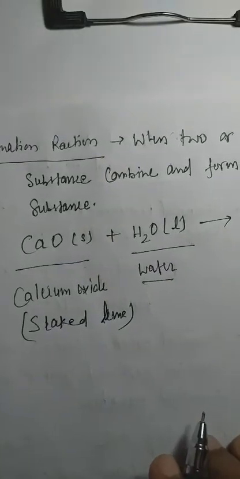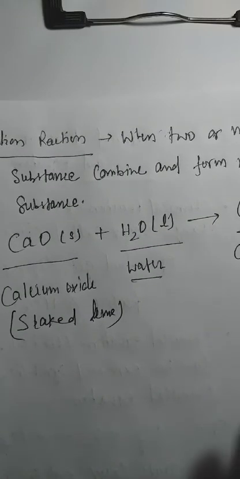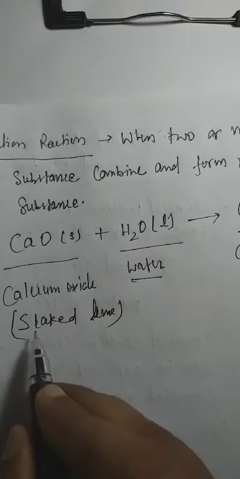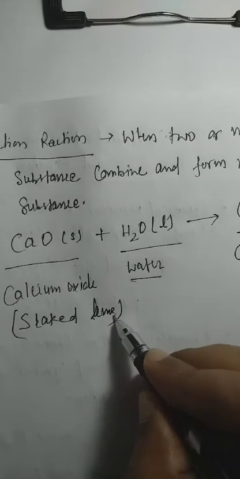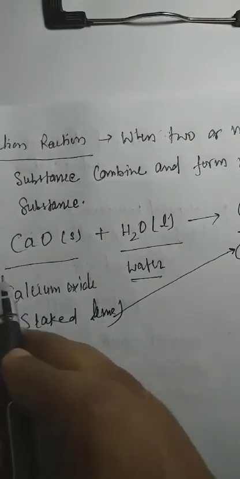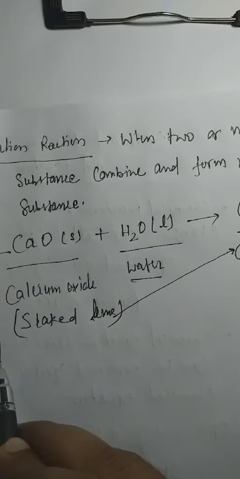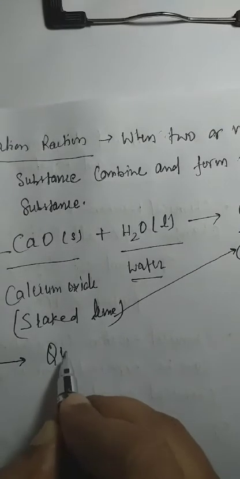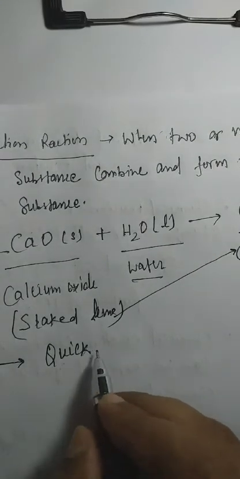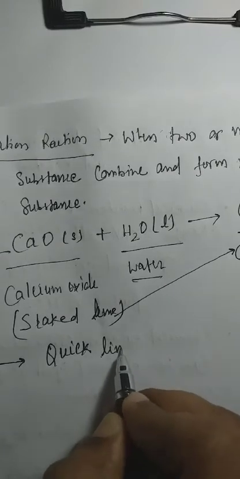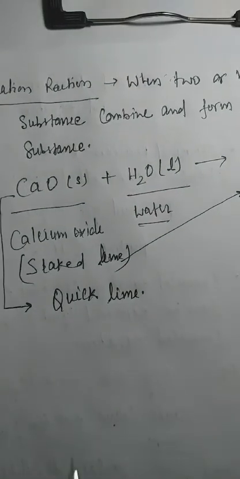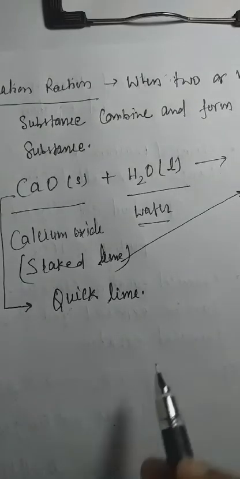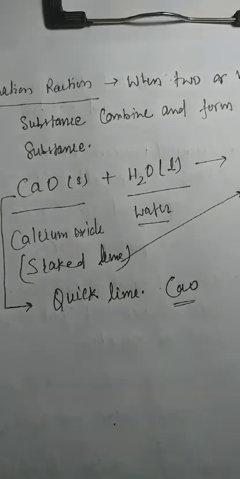And another side, this is actually quicklime. Okay, so we may write like this, and calcium oxide is called quicklime. Memorize this. There is too much confusion normally if it is not memorized perfectly. So if anyone asks you what is the formula of quicklime, your answer must be calcium oxide or CaO, right?